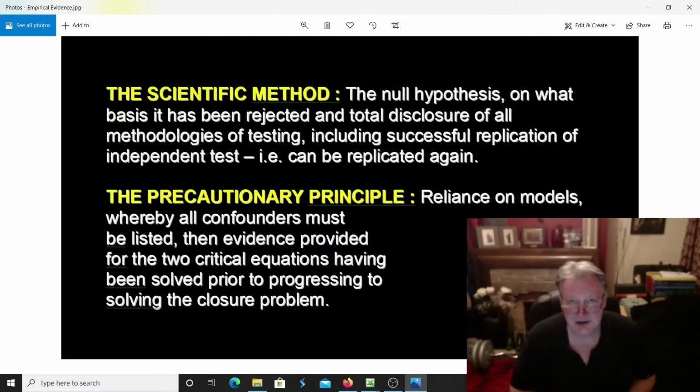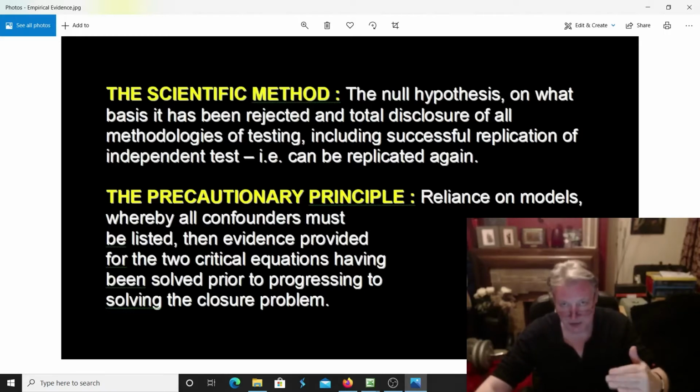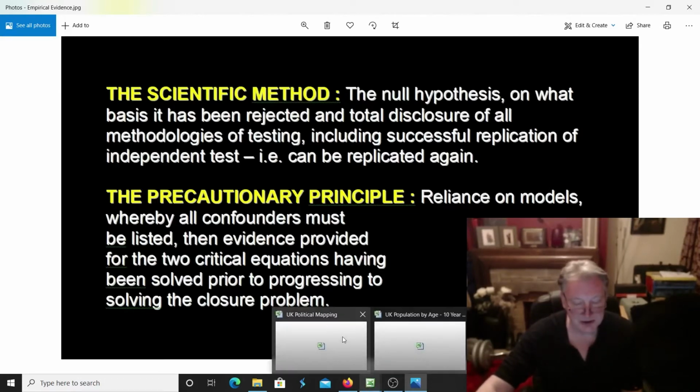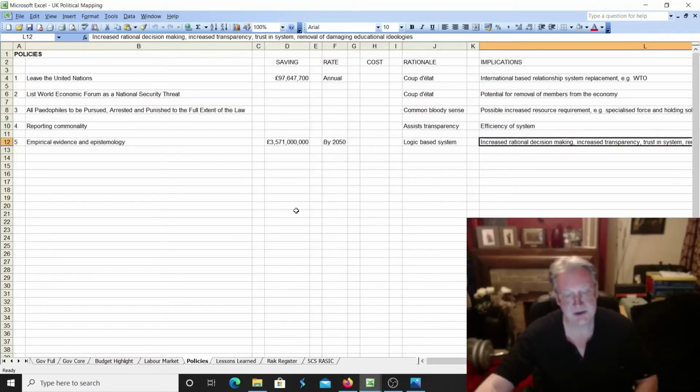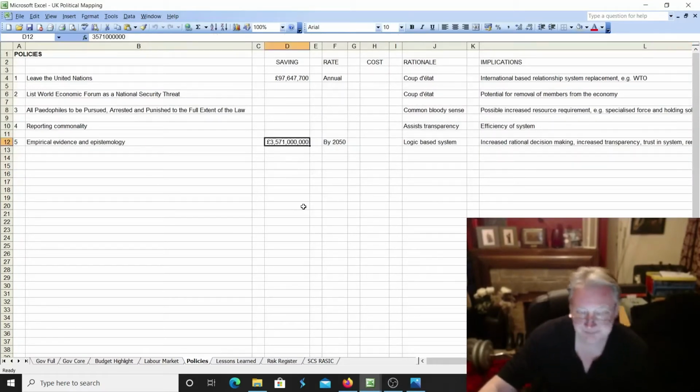You only have to look at their documentation on advice to decision makers. The alarmism comes directly from those documents. So when it comes down to epistemology, understanding this type of thing, what the level of evidence is required, the level of knowledge, the level of data, etc., there's a reason why this becomes quite important. So when we come back to the policies, this particular figure here,